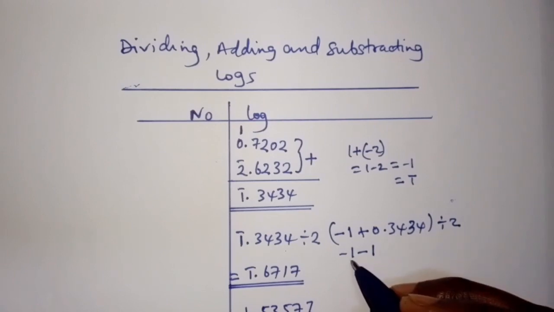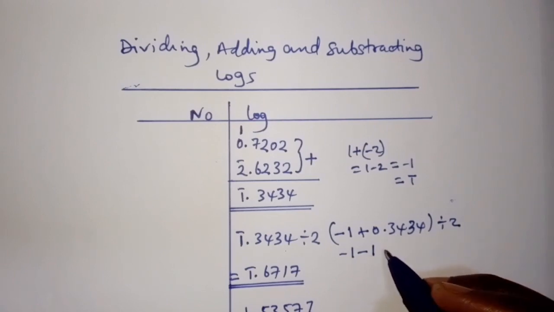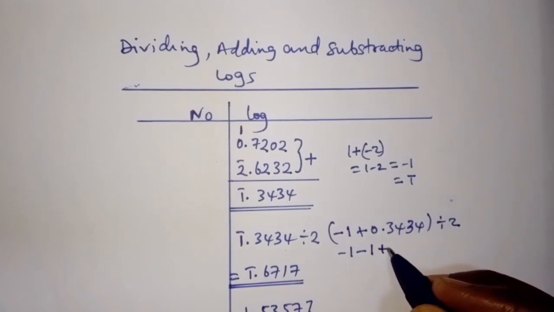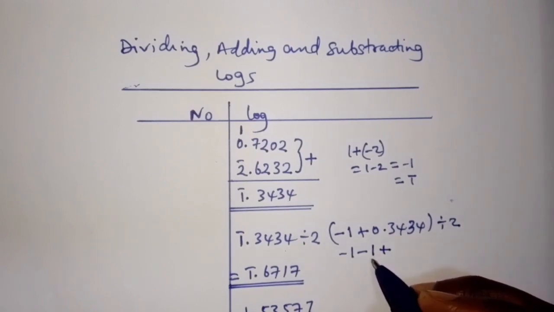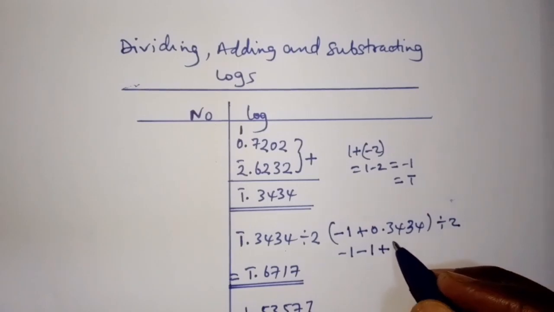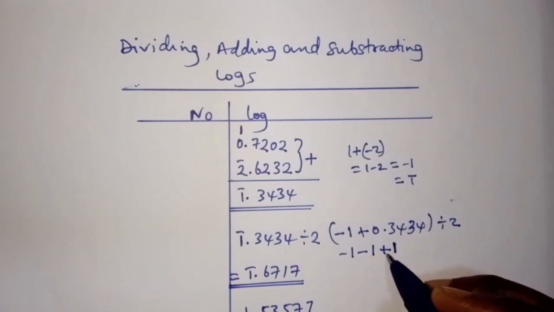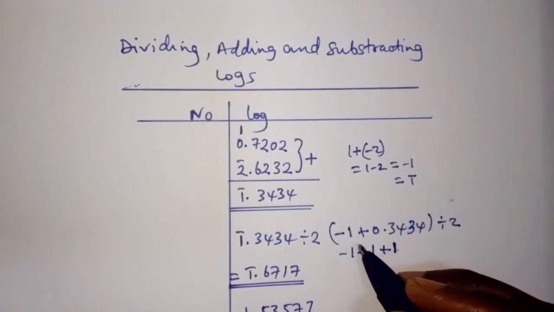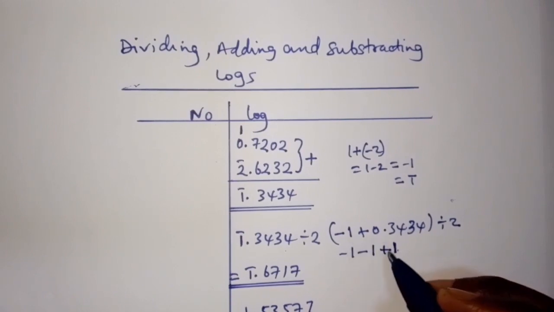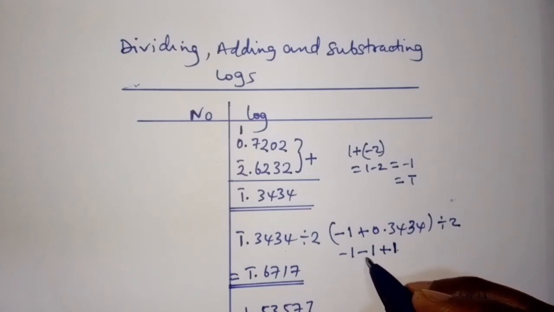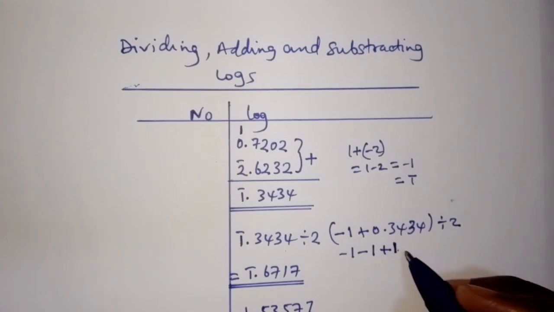So this is negative 1 minus 1 plus, when we subtract this number from this side, we must add it to the other side, so that negative 1 plus 1 is going to give us 0, which means that we have done nothing and still we remain with negative 1 here. So you say this is negative 1 minus negative 1 plus 1 plus